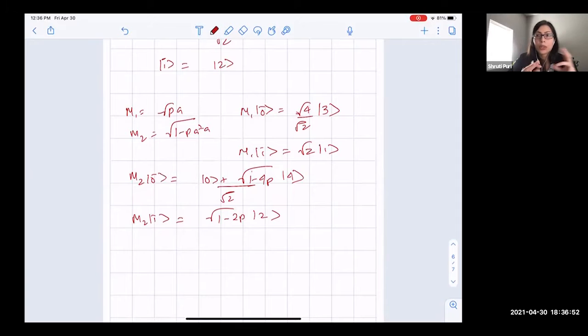So I don't want to do the math here, but I can post my notes online and then you can even go through the math to convince yourself that this is true. So the error correction criteria is going to be satisfied. You can easily check it. So this means that now I'm able to,